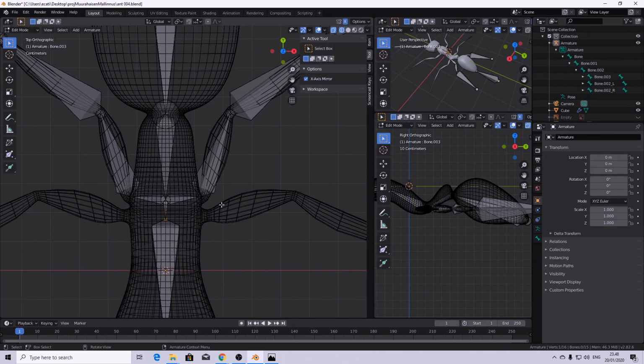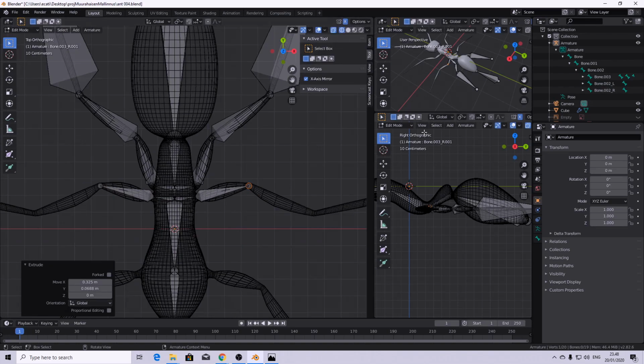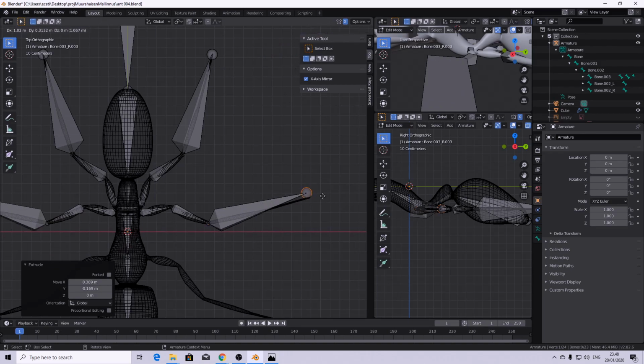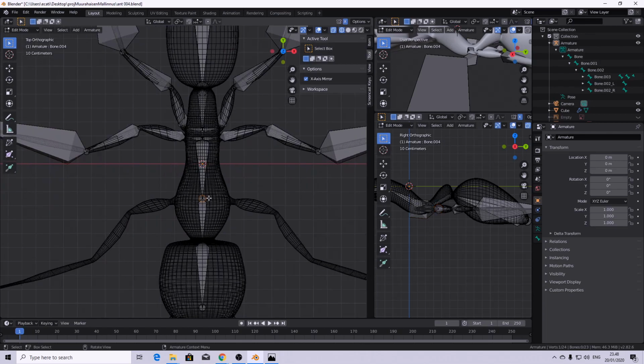So now we can just continue extruding stuff. I'm gonna select this little tip here, and I'm gonna hit E to extrude from there, and actually I'm gonna hit Shift E because now we need to do another mirrored extrusion here. So Shift E for the first set of mirrored bones, and then we can just do the rest with regular E. And we'll move those in place in all directions, and soon we will have this leg ready to go,